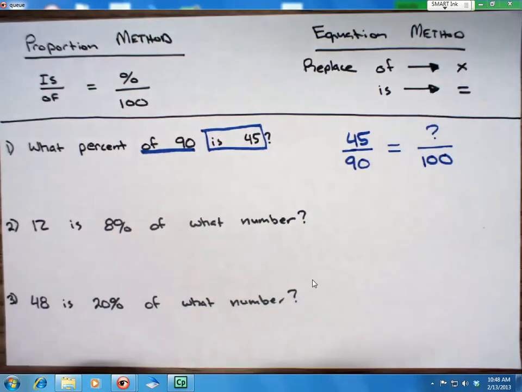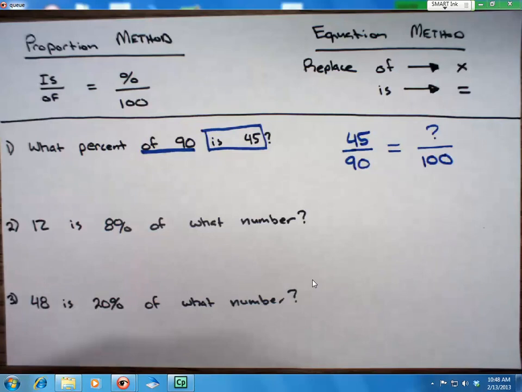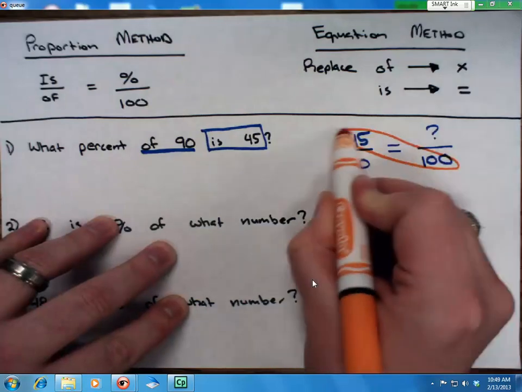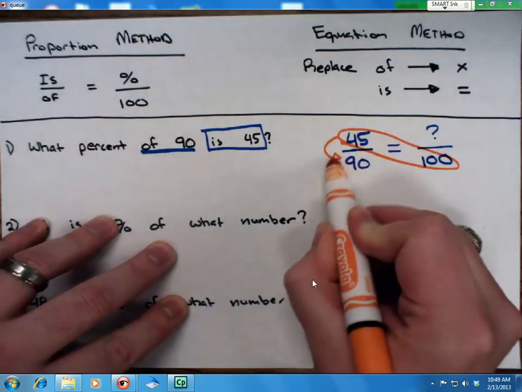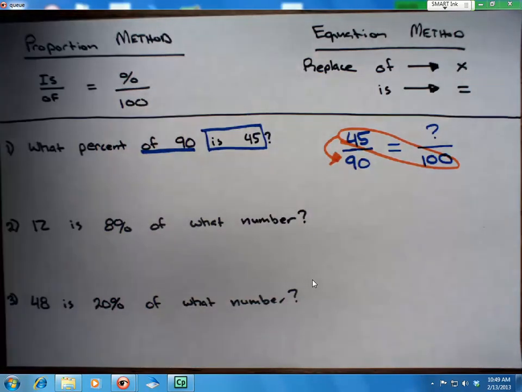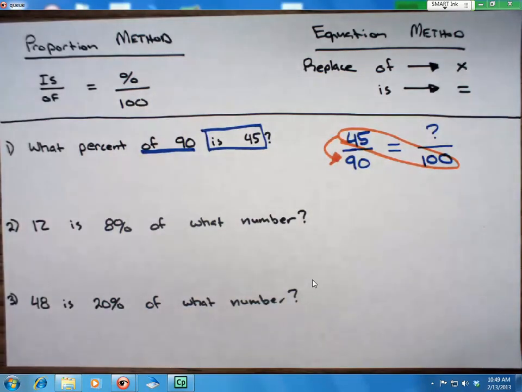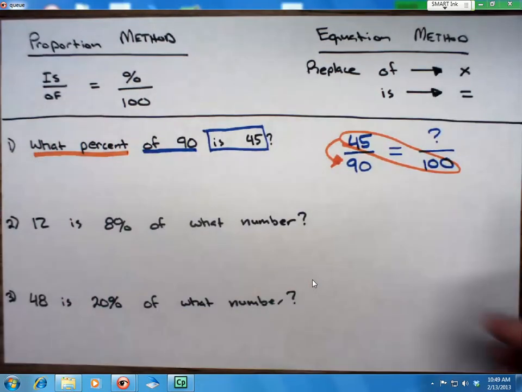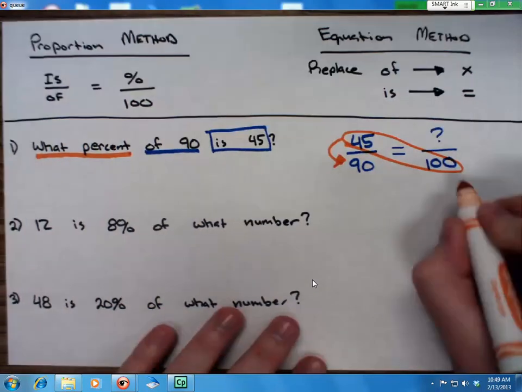Now that we have that set up, we can cross multiply and divide just like we did all week. The only difference on this one is, if you notice, this time we're going to be multiplying 45 times 100 and then dividing by 90. Because that's going to give us a percent, since the question asks us what percent. So when we do that, we end up with 4,500